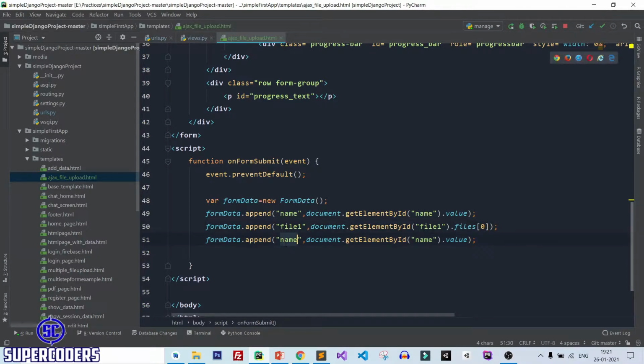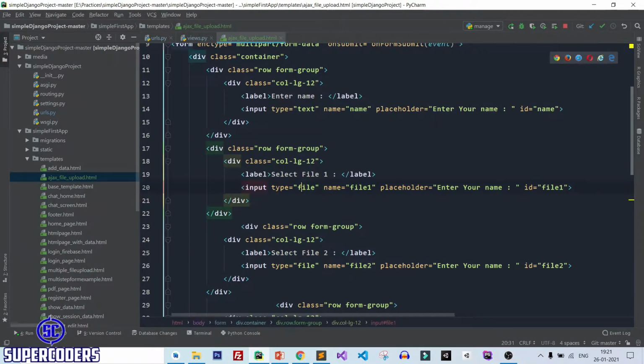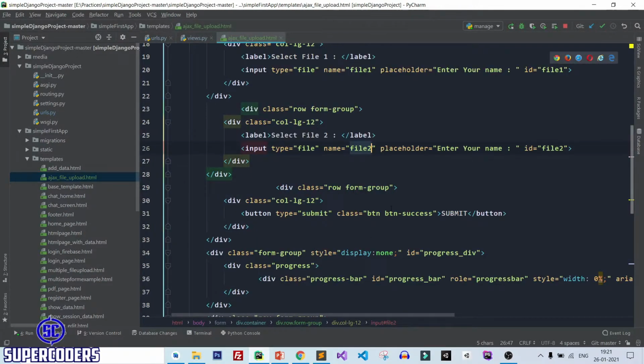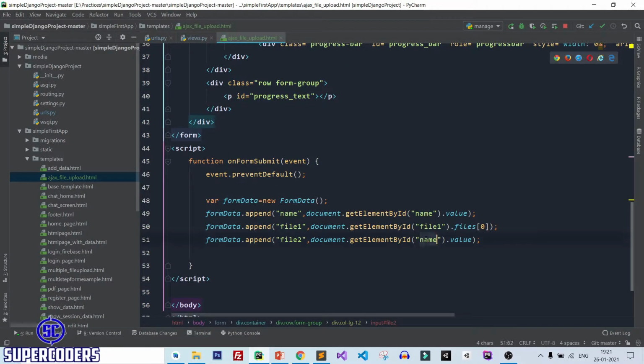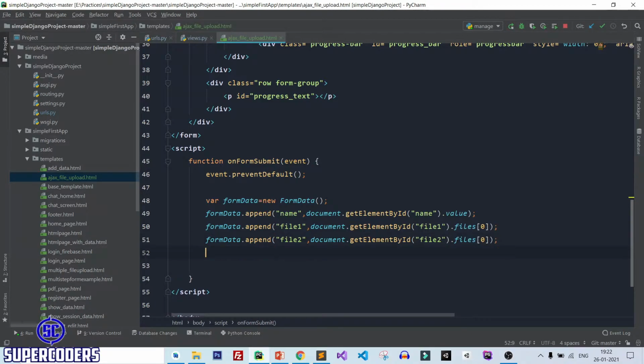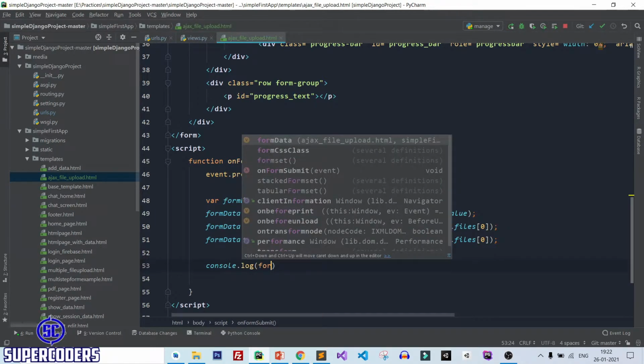After that, again change it to file 2, let's see the key name, file 1 and file 2, file 1, file 2, and here file 2 dot files. After that, let's print it. So console dot log form data.